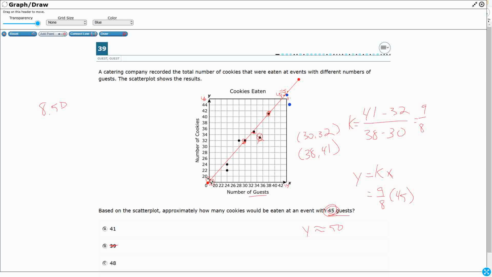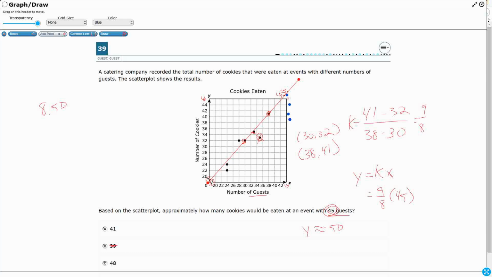Well, that's not going to work. Remember, it's a little bit off the graph, but look at how low that is. There's nowhere near that for the trend line, right? I've also got a 41, no, and then a 39, definite no. So even if I really think that it should be closer to a 49 or 50, 48 is by far